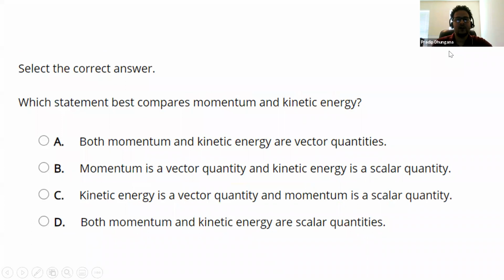So whenever we define momentum, at that time we define the concept of momentum and kinetic energy in terms of vector and scalar quantity. So based on that information, try to answer this question, okay? And then I'll again answer this question. Let me end polling and relaunch polling so that you can answer this question. You can answer through the poll, or you can just write in your chat box. I'll give you some time. Please make sure to read the question before you answer it, okay?